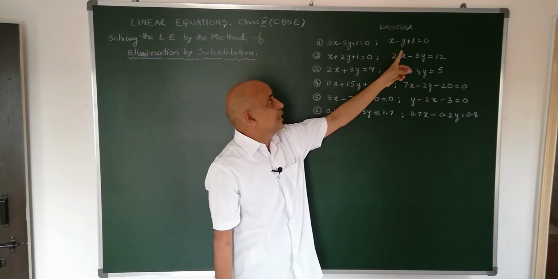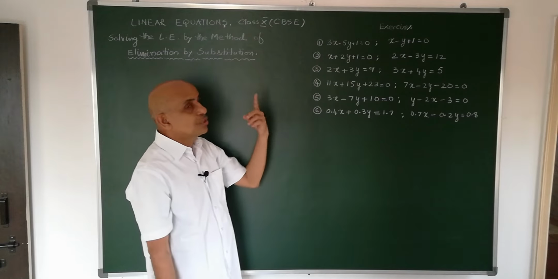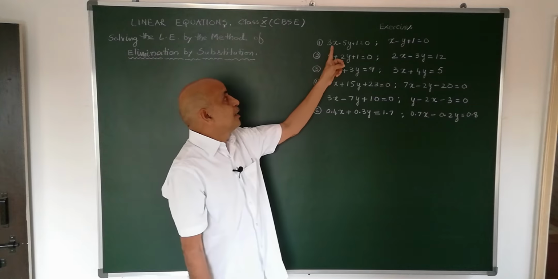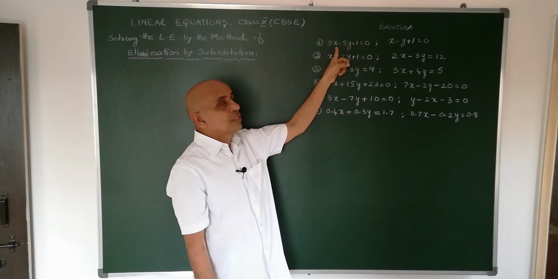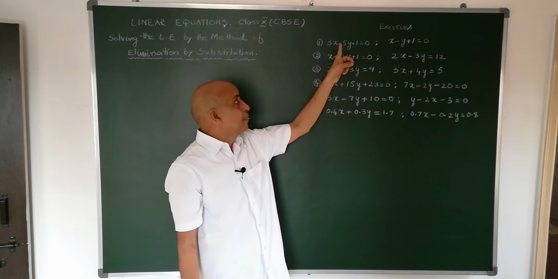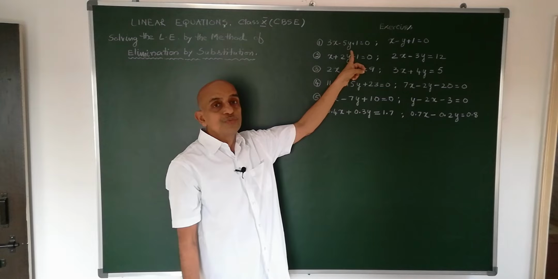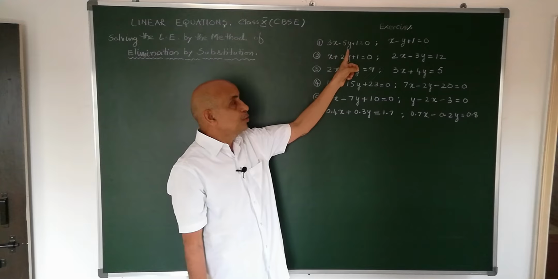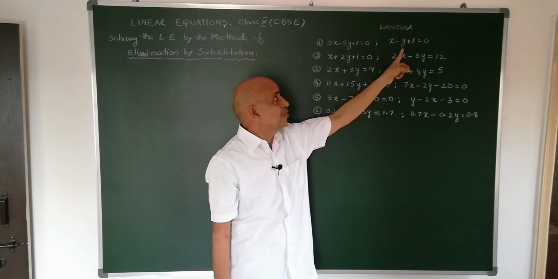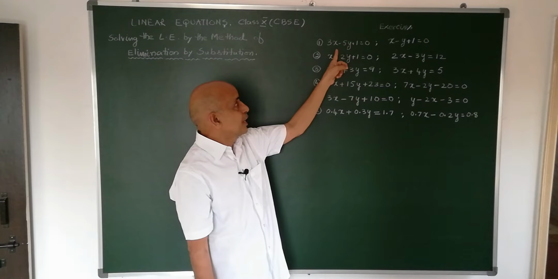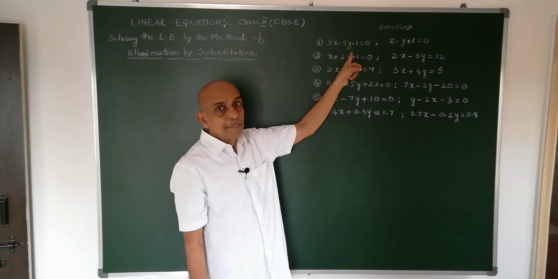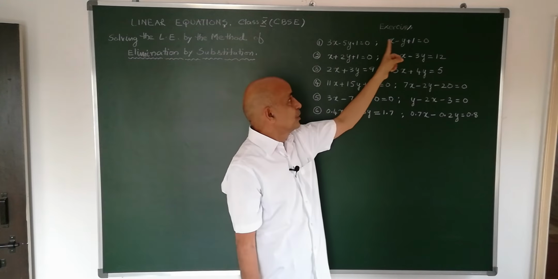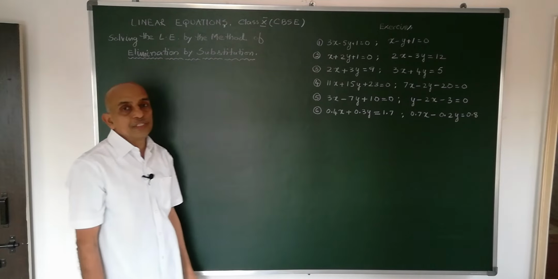So we take two linear equations and we learn how to solve them. What do you mean by solving the linear equation? Here we have two unknowns. X is one unknown whose value we do not know. Y is another unknown whose value we do not know. So we have to find the values of these two unknowns satisfying these two equations. Whatever value you get for x and whatever value you get for y, if you substitute those values again, both the equations should be satisfied.